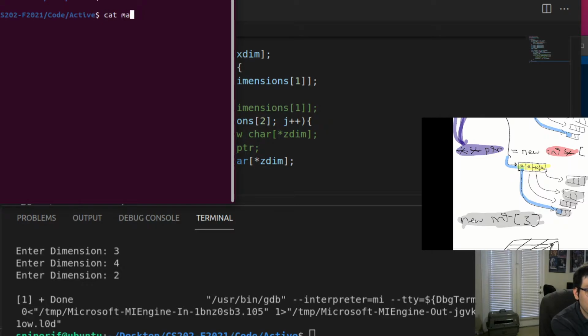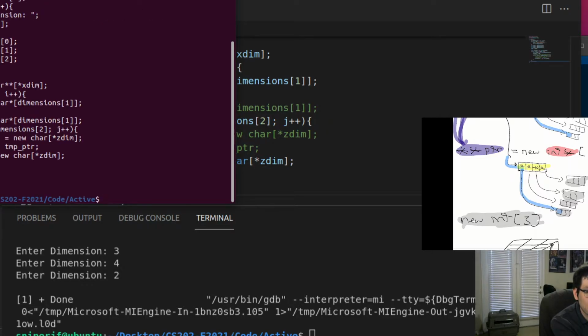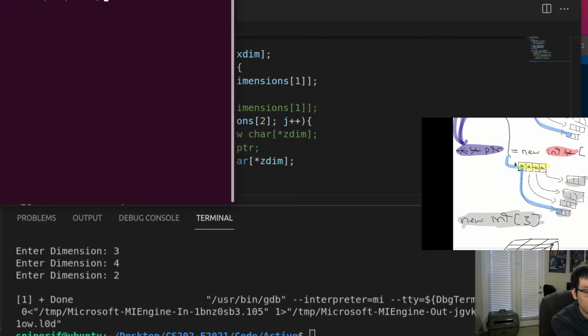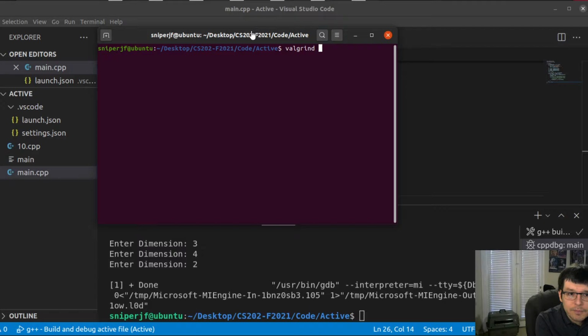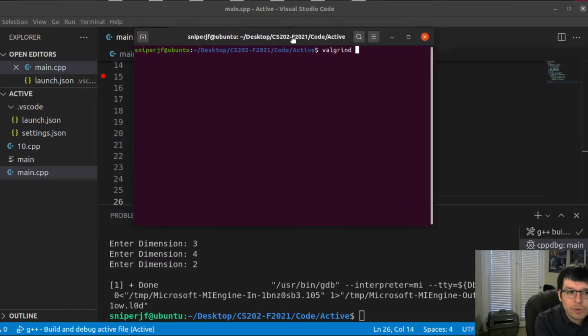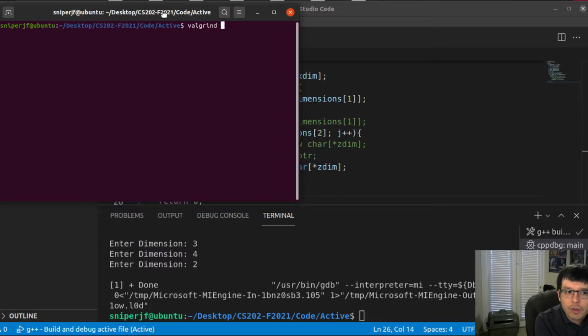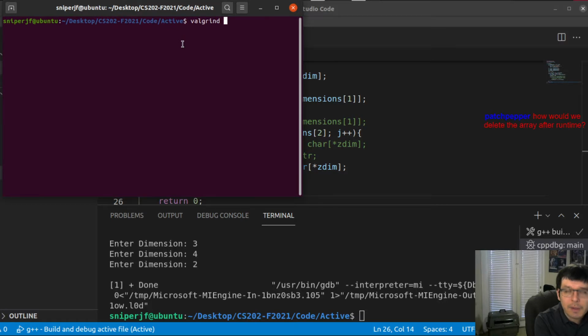Let's make sure that this is actually still the same file I'm thinking about. Yep, okay. So Valgrind is a command line tool, and I'm going to bring this down so you can see it there. It's a command line tool that allows you to run your program in a sort of virtual environment